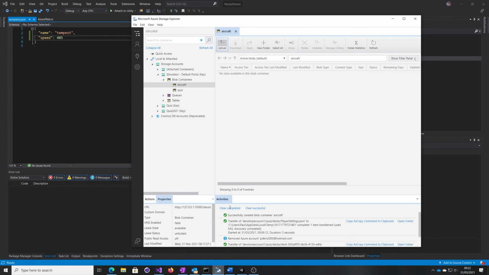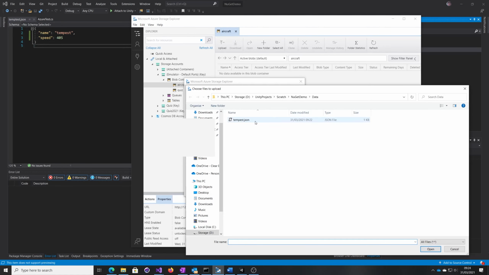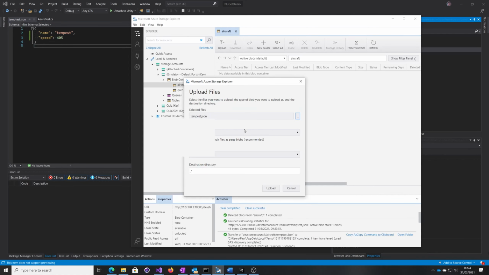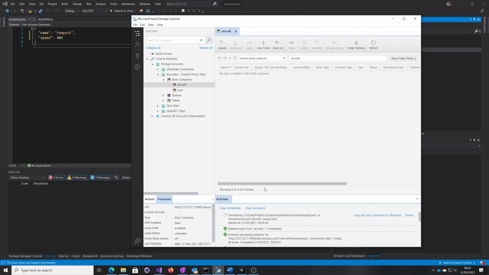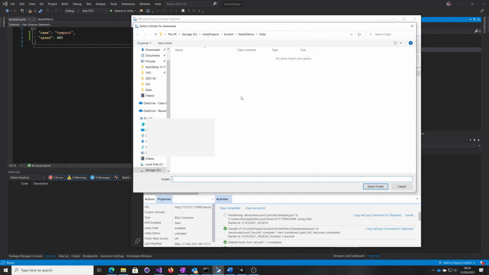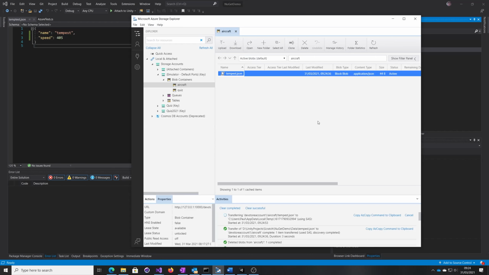So then we can come into our Explorer, and now just checking we are in our aircraft container, that's fine. So then we can press upload files. Upload. Okay, so that's transferring it up, and there we are. We have our file in Azure Storage, and it's a blob. That's fine. And so we can download this if we wish. So we just press the download button,